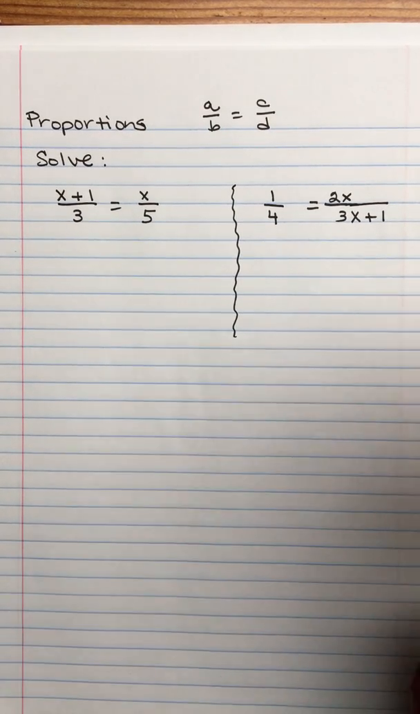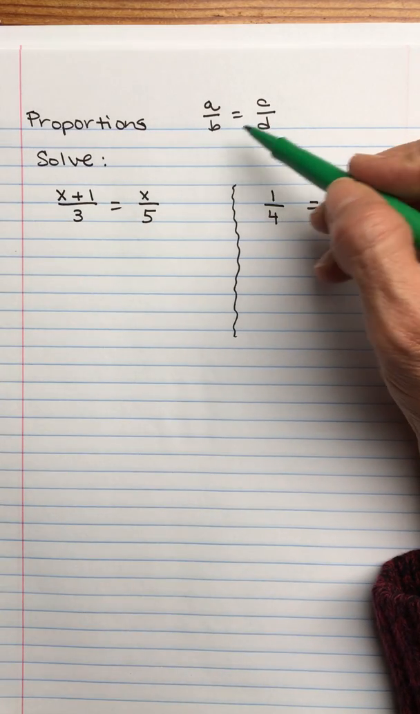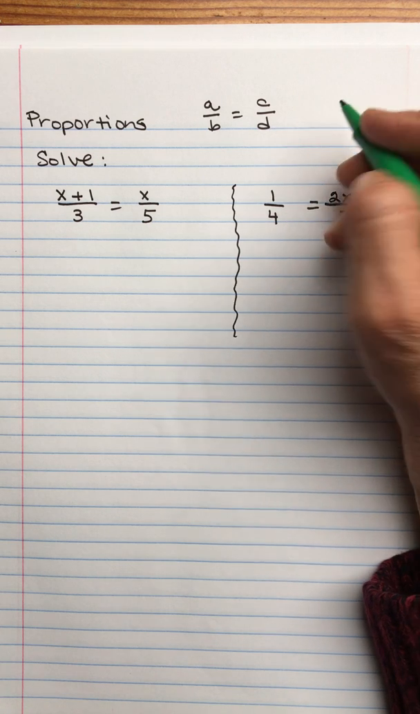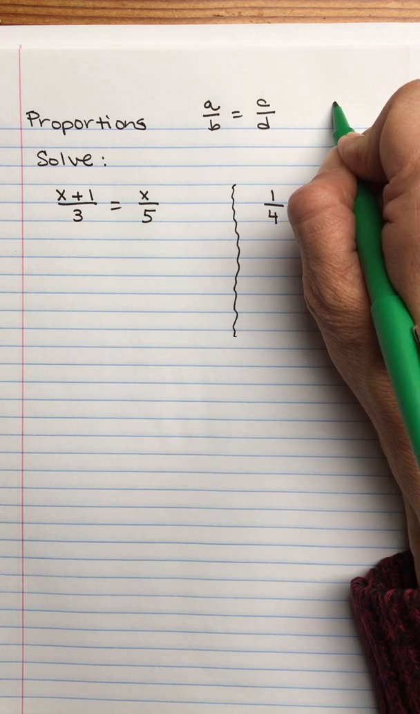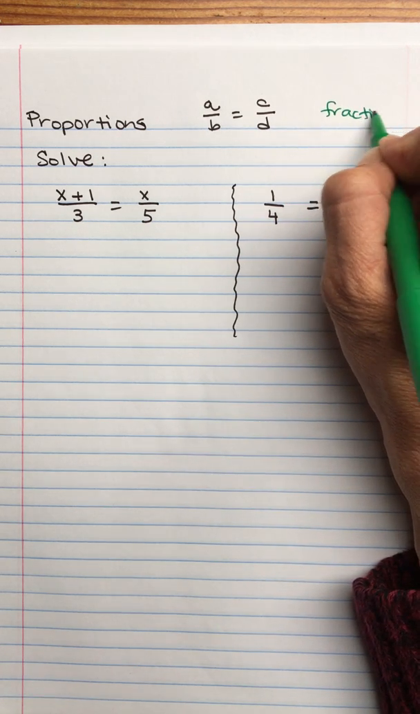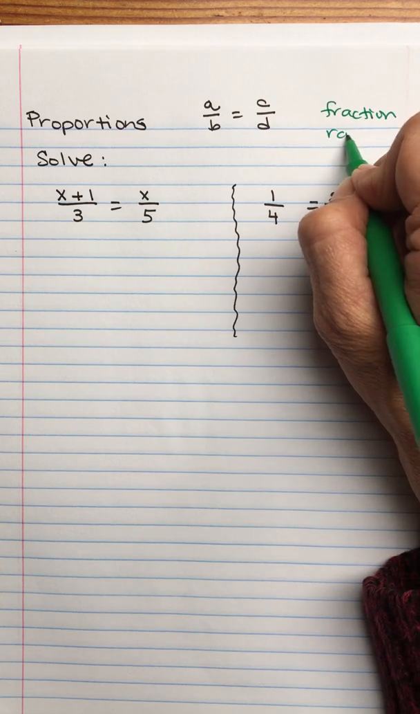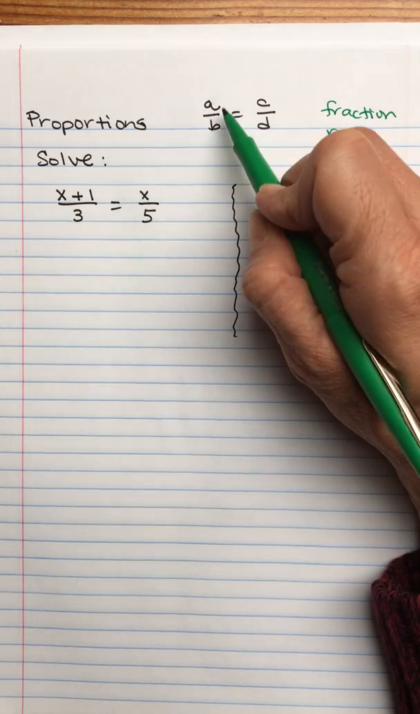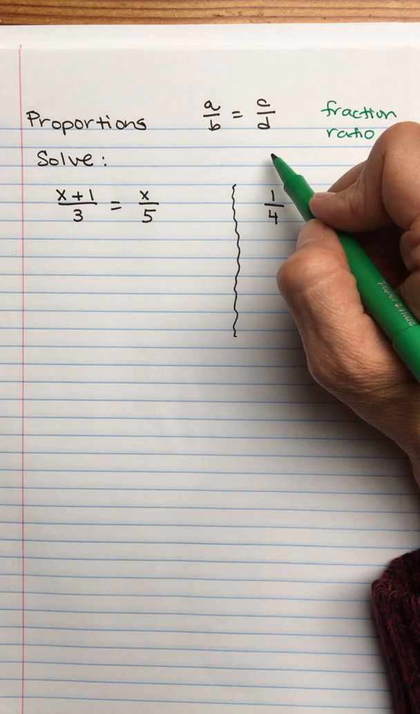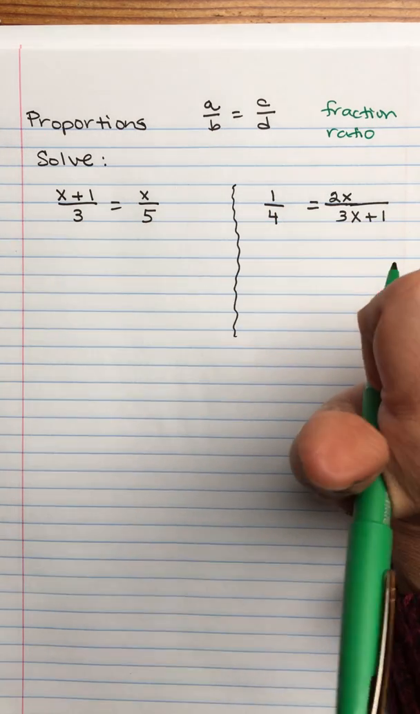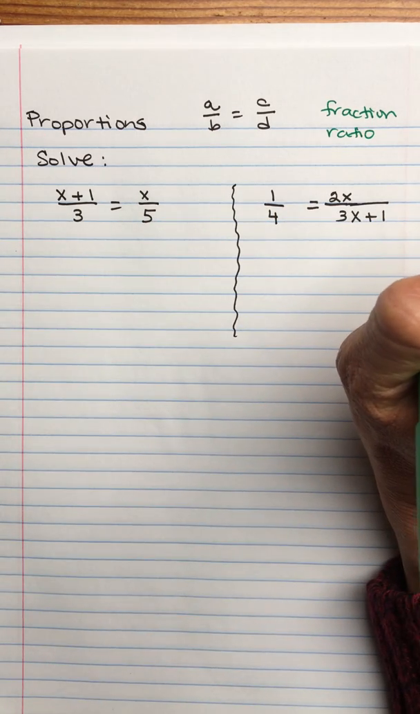So proportions are what we have if we have one fraction equals another fraction. And fraction, or you might hear the word ratio, right? So fraction and ratio, same thing. So if I have one fraction equals another fraction, this is the one and only time in mathematics where you